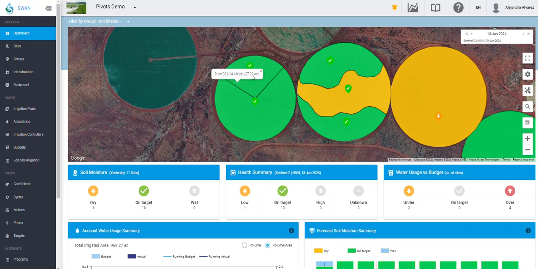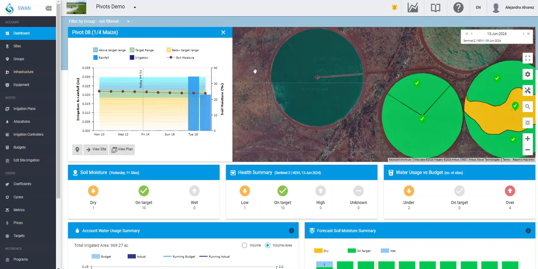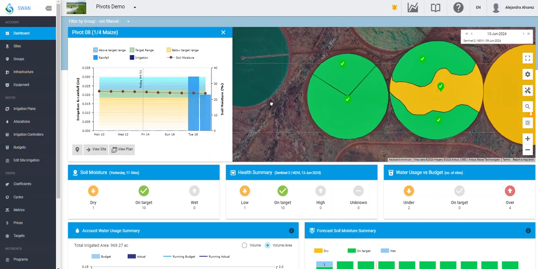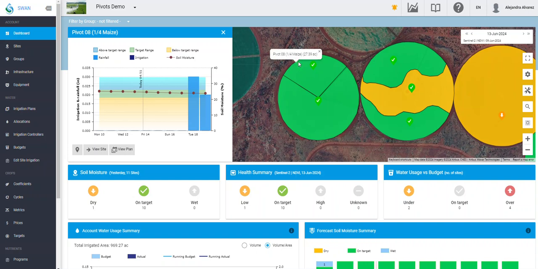different types of crop. The key thing with SWAN is that we are able to make custom settings for each individual site, whether that is based off of, for example, here, corn and soybeans, the different crop needs, or this squiggly one, you can see that there are different needs based on soil type. So SWAN is able to create custom